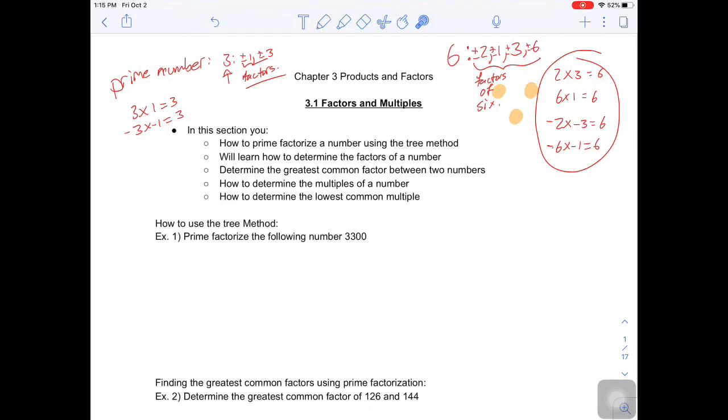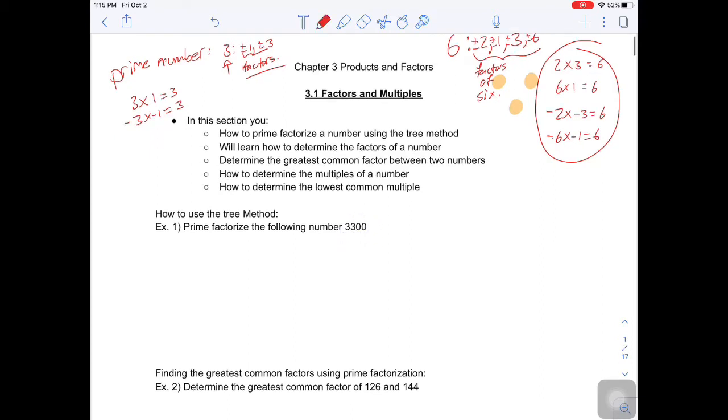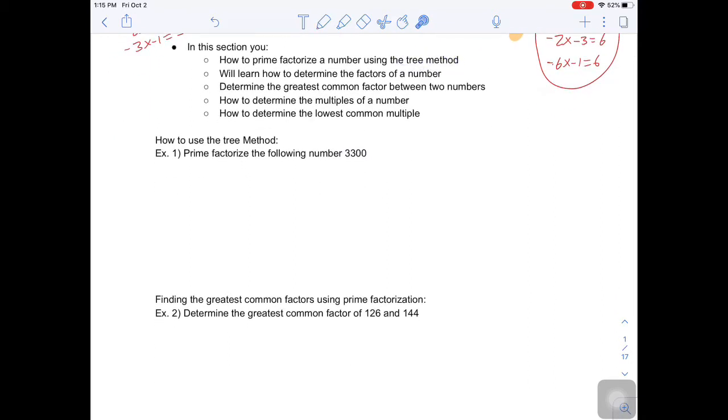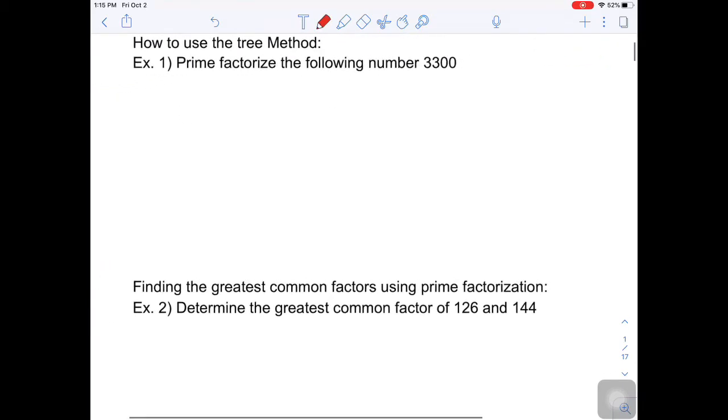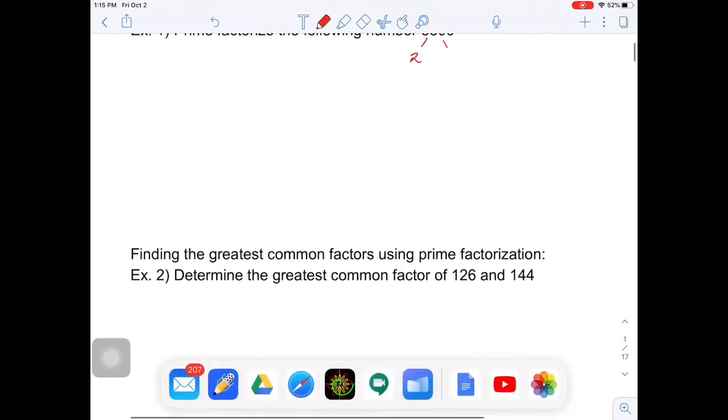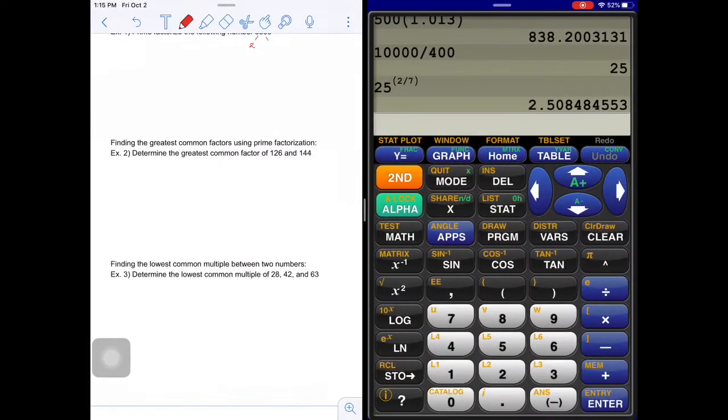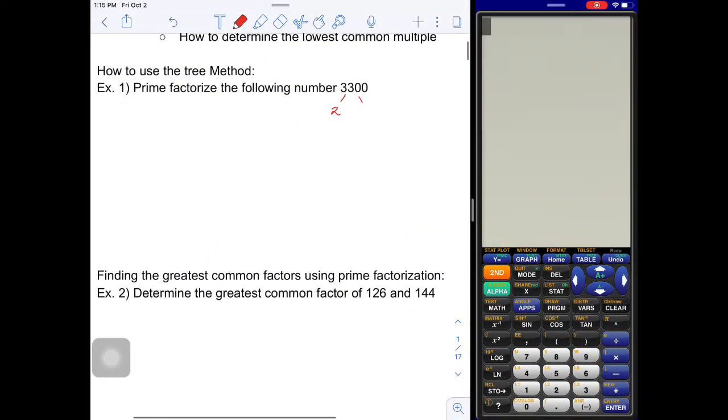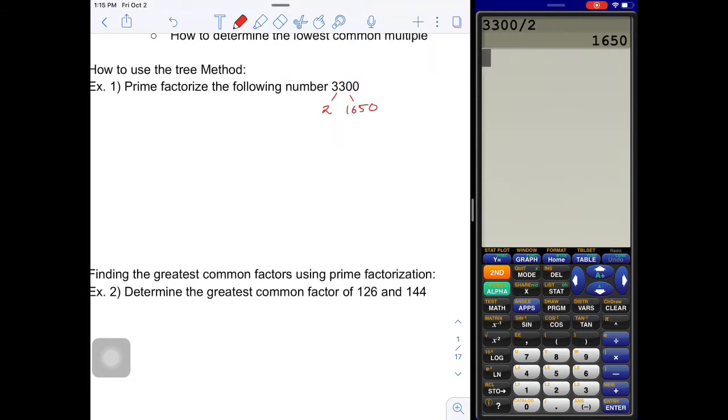Now, what prime factorization is, is we put numbers into just their primes, okay? And what we're going to use is called the tree method. Now, the tree method is pretty easy. What you do is you just start dividing this number, 3,300, into its prime factors. So the first thing I'm going to do is divide this by 2. I'm going to pull out a calculator here. 3,300 divided by 2 equals 1,650. And this 2 is a prime number, so I can't do anything to that, but